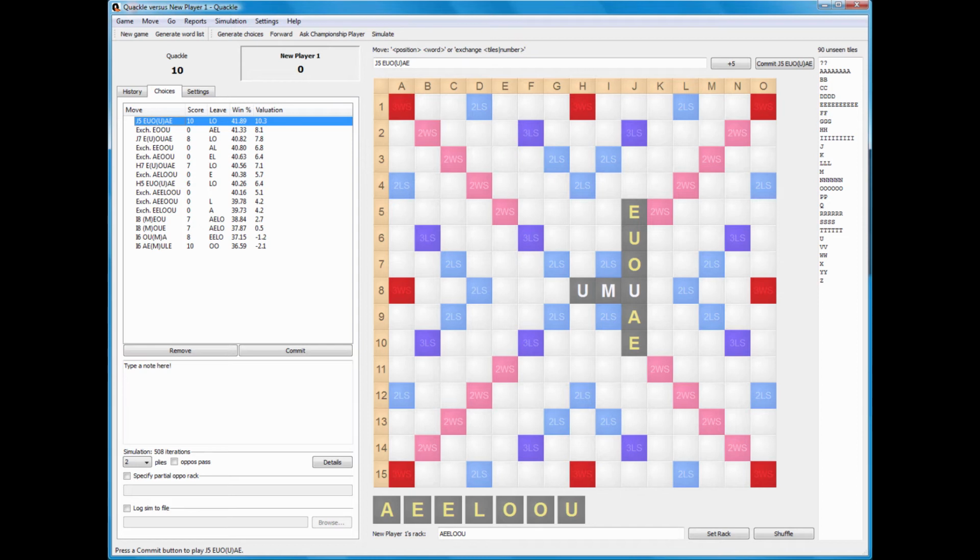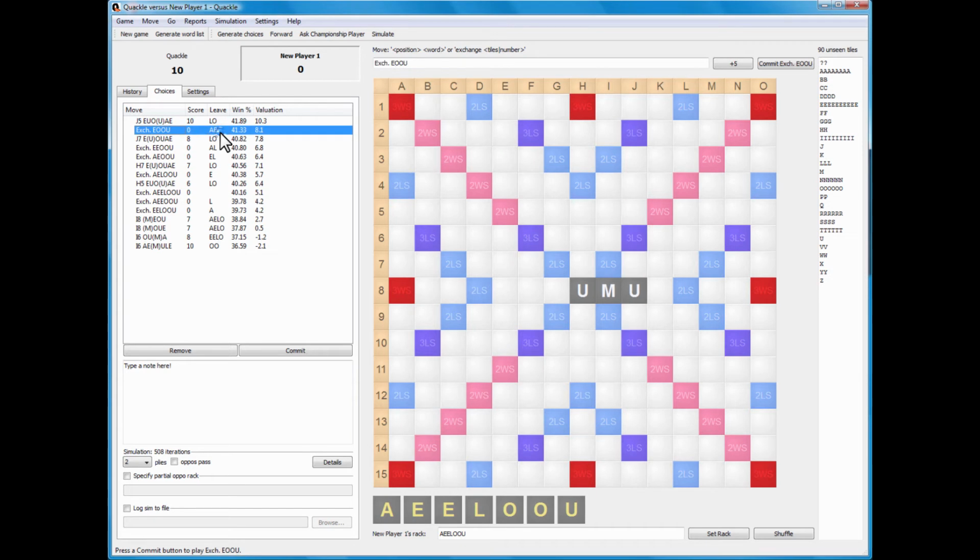Now, in this instance, when you're exchanging tiles, your score is 0 and your rack leave are the tiles that you don't change. So here, with this move, we have a score of 0 and a rack leave of AEL, whereas my play has a score of 10 and a rack leave of L0. So UUI scores 10 more points than the exchange, but the move overall is only 2 points better. So it gives up 8 points in rack leave, which means that the rack leave after exchanging is 8 points